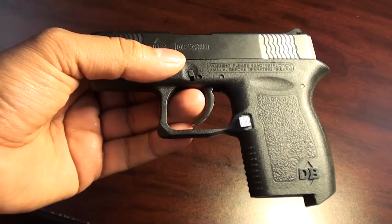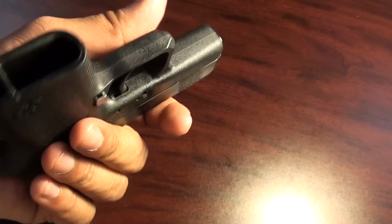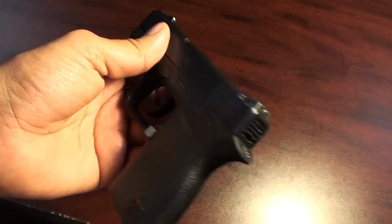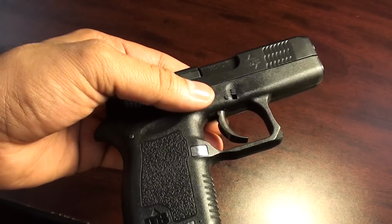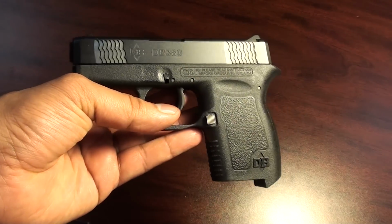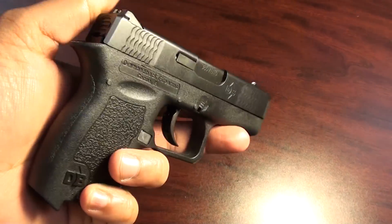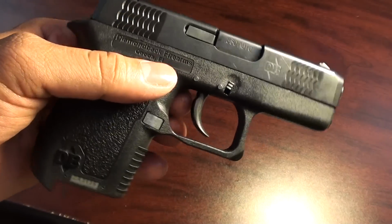Every box that I fired, the first 100 rounds, I had a total of about 4 or 5 failure to extract. After 150 rounds, this gun performed flawlessly for the next 150 rounds. I had no problems with it, and I feel very comfortable with the reliability of the firearm now. Now, as far as how to use this firearm,